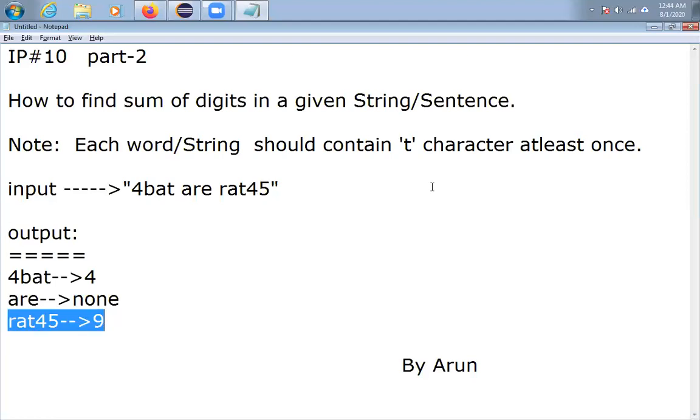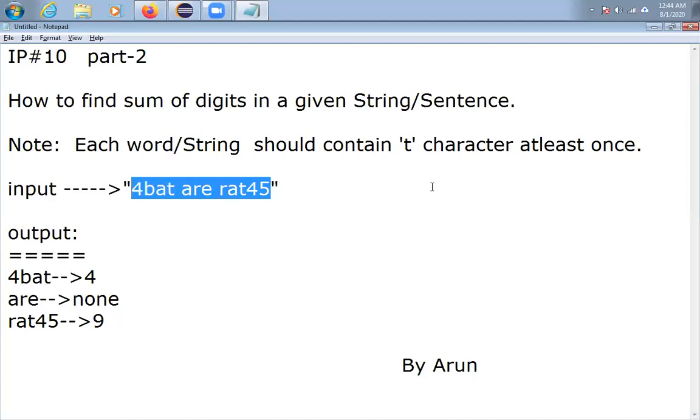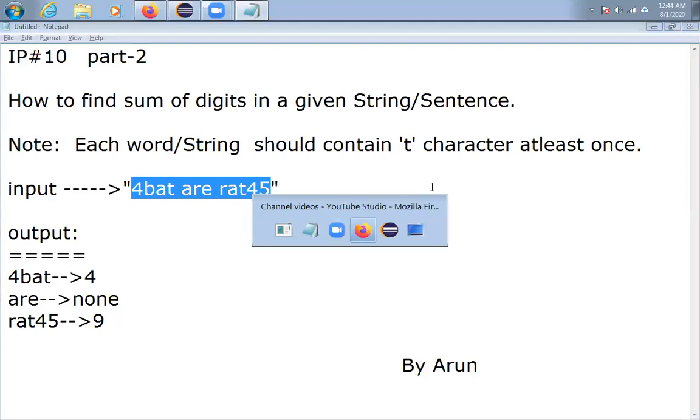9, friends. In the last video, we had the program, but it was not a group of words, it was a single word. The string had only one word. But in this video, I am taking a group of words and I'm going to develop the logic for this one, friends. Okay, friends, let's go to the development part.